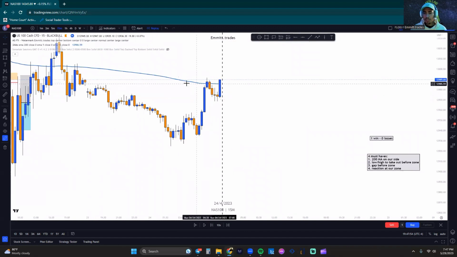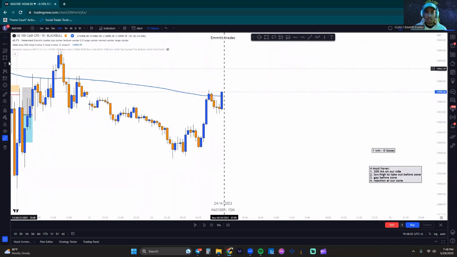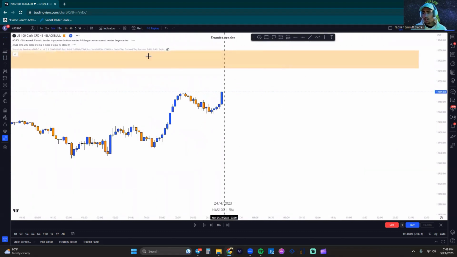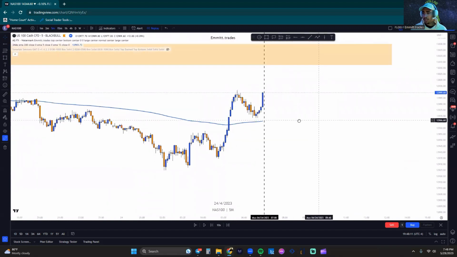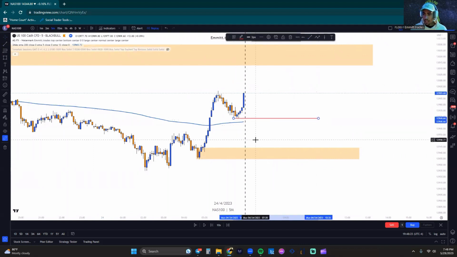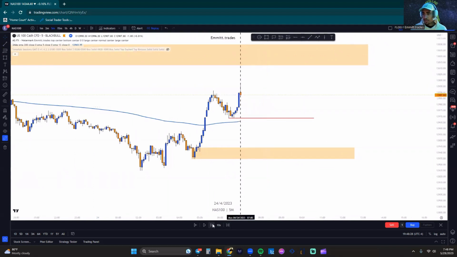So on the 15-minute, we see that the 200 is telling us sells right here. Even though we're starting to have higher highs and higher lows, we're only looking at sells for the 200 MA. Okay, very simple, sticking to trend within this trade. So that's all I have marked up there. Let's go ahead and go down to the 5-minute. 5 minutes kind of sitting, telling us buys. And so we kind of got against bias between two different time frames. But nonetheless, if we can take out this low here and then come down into our zone and have a reaction, I would be down to take this trade. So let's see if we can get that.